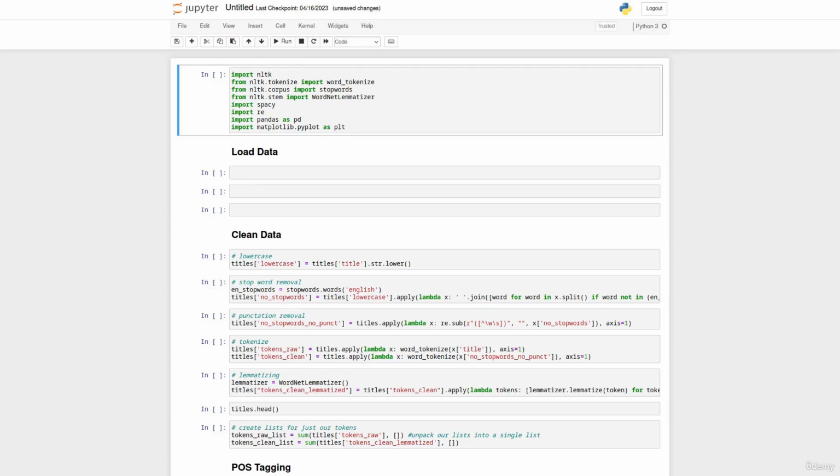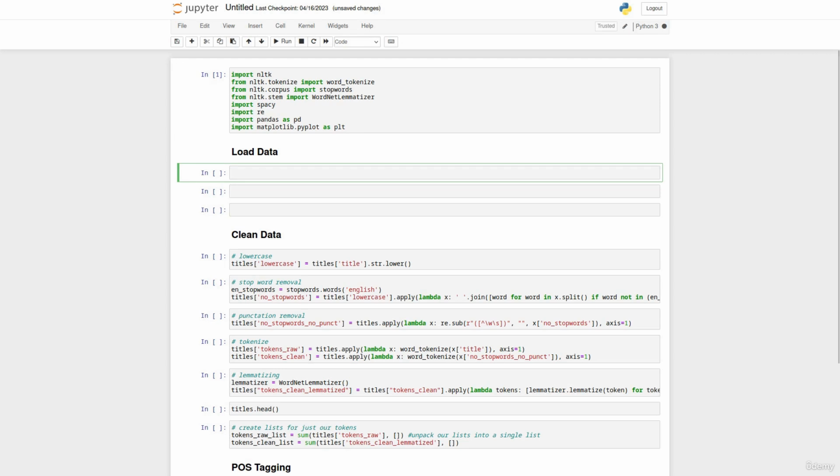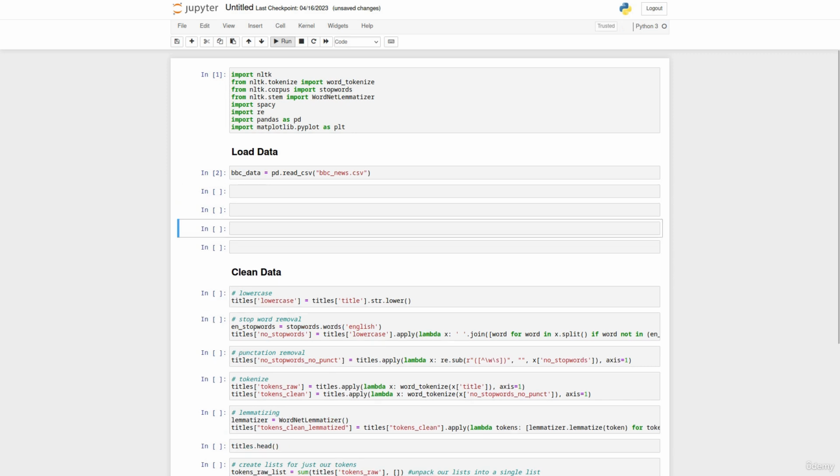So let's take what we've learned about parts of speech tagging and named entity recognition and try it out through a practical lesson. We'll start with importing the packages we need. Once we've done that, we can move on to loading our dataset. For this lesson, we'll be using a dataset of BBC News articles. So we can load this in as BBC data and then use pd.read_csv